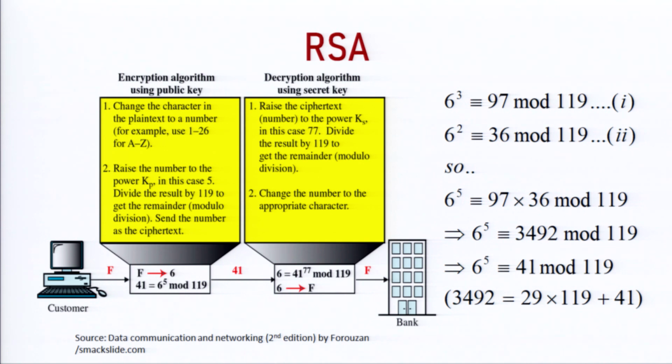So, that has been explained here also, that some character has been sent from the sender, a customer, to the bank. Suppose the character is F, just for explaining the thing. F is coming at the 6th position in A B C D E F, so it is in the 6th position. And the number K P is 5. So what you will do is this is equal to C in the previous slide.